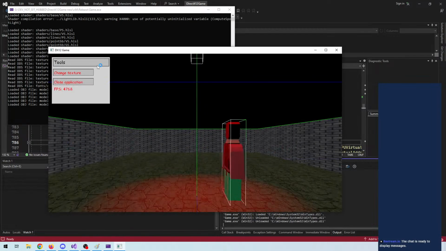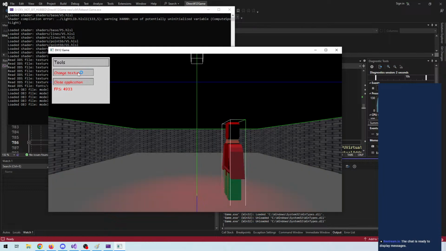Because right now we have created a UI where we can change the texture, for instance, but we need to develop a way where we can